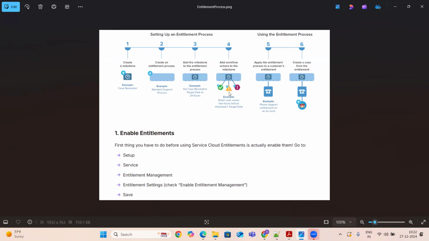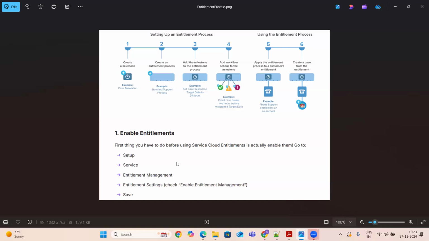And this is also a very, very important question, guys. Whenever you say I have experience on Service Cloud, the first questions they will ask you are on case management, and the second questions they'll ask you are on the entitlement process. Okay. And very, very important: how you create the entitlement, how you handle the entitlements for your accounts. Okay. How you set up the entitlements. Very, very important process. Okay.